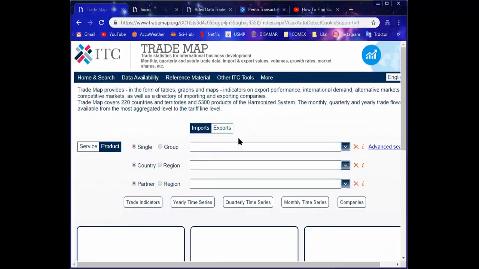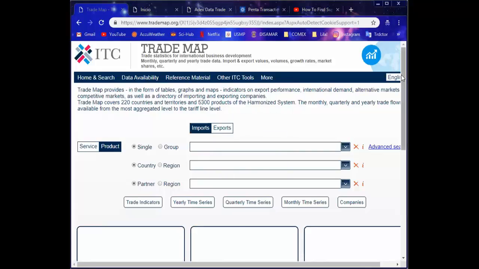Okay, perfect. So this is the web page of TradeMap. In the material, you're going to see that at the bottom there's the direct link. So just click there and it's going to send you here. So this is TradeMap from the International Trade Center.